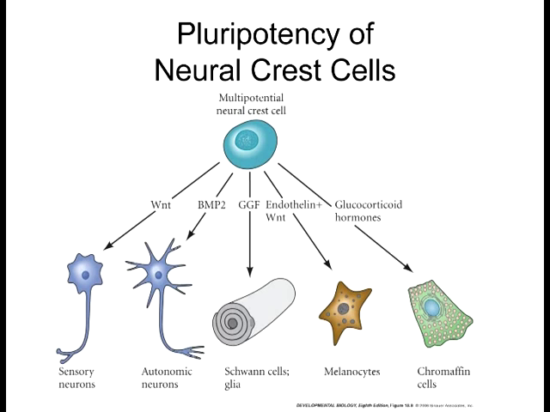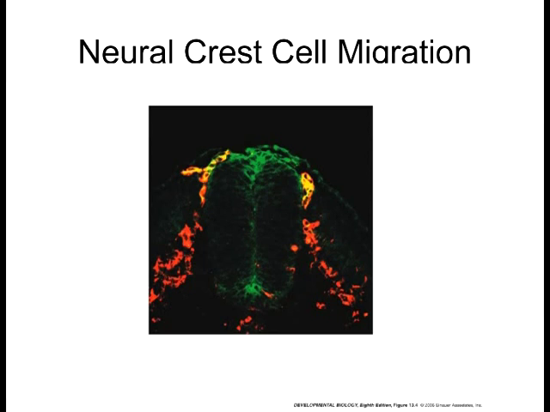The exposure of these multipotent neural crest cells is ultimately what allows them to take on their fate. So as they're migrating out from this region and through the various paths, they are influenced by paracrine signaling by the adjacent tissues. And depending upon where they end up will determine whether or not they become